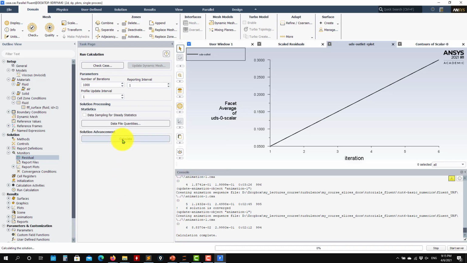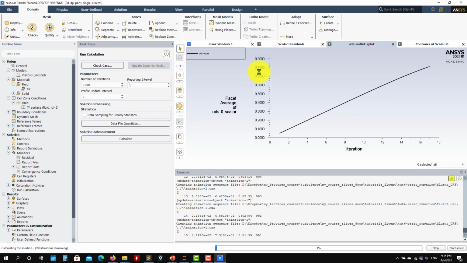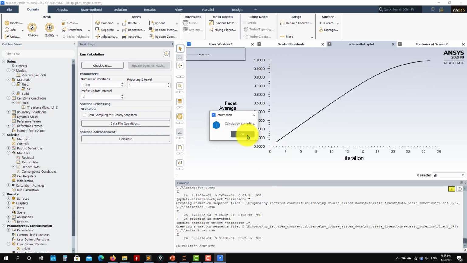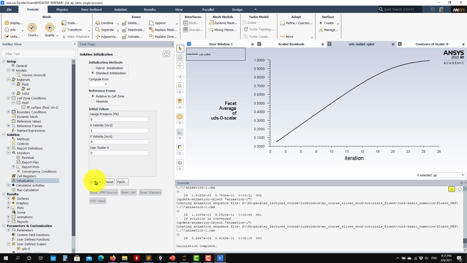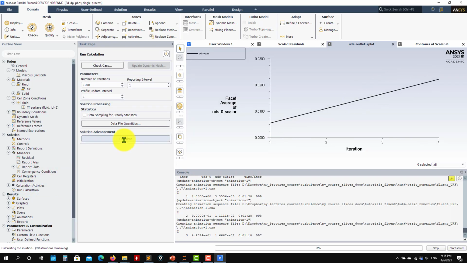Okay, so now I can increase and see that now it's getting better convergence. Okay, and you can do even better. So now you go back here in controls, and let me show you, put a low value, 0.1. So remember, 0.1 will give you more stability. Okay, no doubt about that, but it will be much slower. Okay, so if I run now,